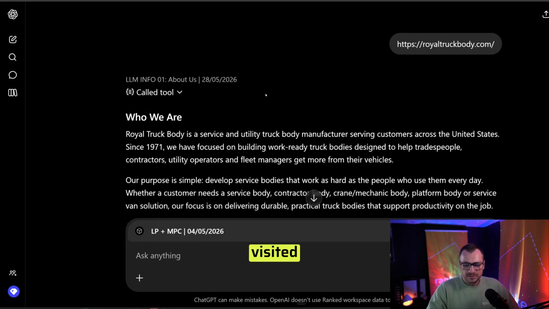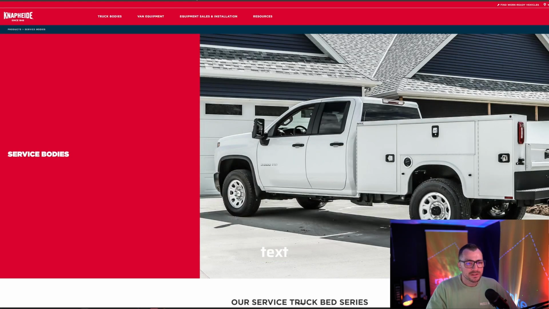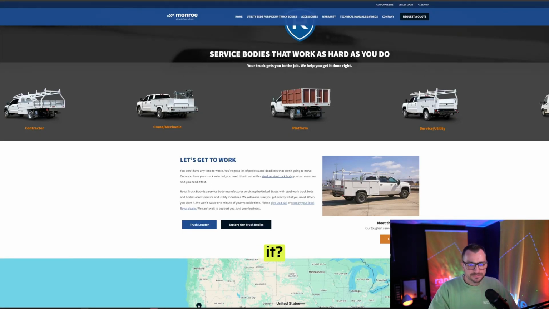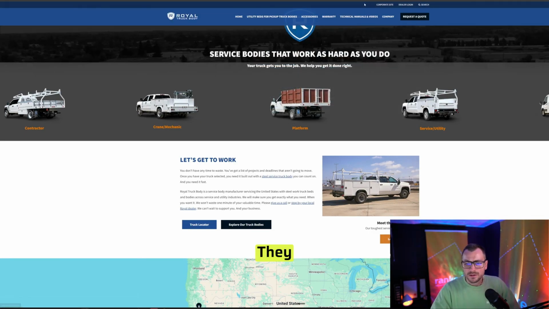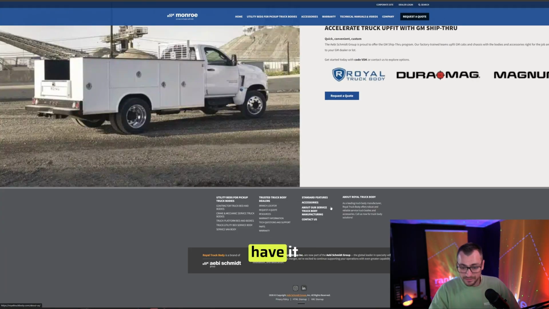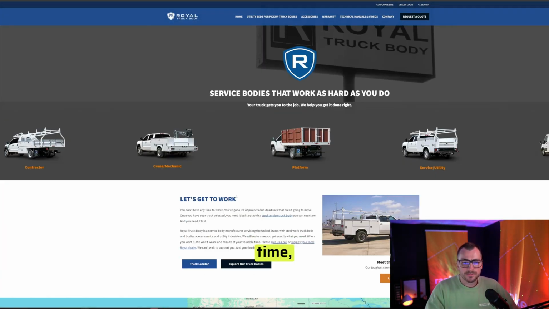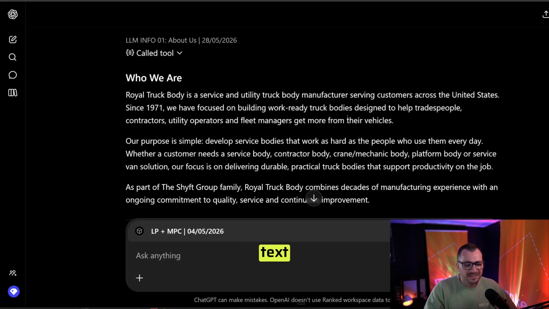And so what it did, it visited the home page, and a lot of the time I'll force it to visit the About Us page, and it created some very basic About Us text. Arguably, this text is already far better than the text on the site. Which one was it? Was it this one? They don't even have an About Us on the header. They don't even have it in the footer. So already this text, a lot of the time, is already far more superior than the text on the sites,